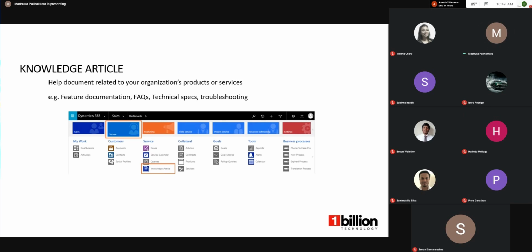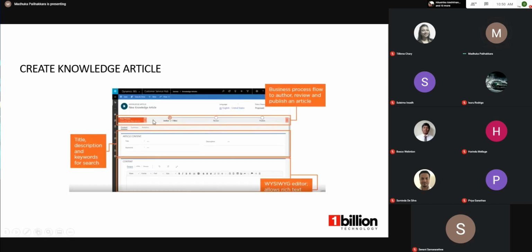Previously there was a standalone product named Parature, which provided this knowledge management functionality. Microsoft purchased that and incorporated the features into CRM, and after 2018 this product was deprecated, and going forward it will be the knowledge article inside the CRM, the built-in feature.